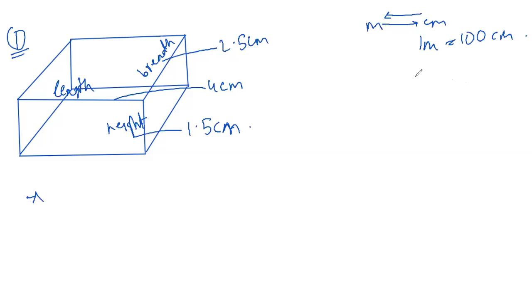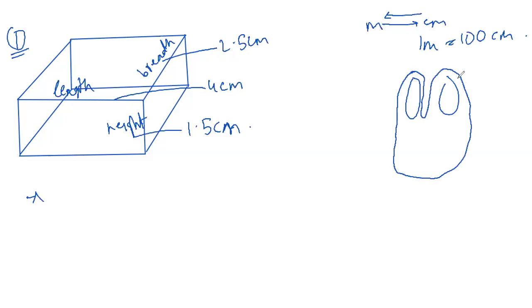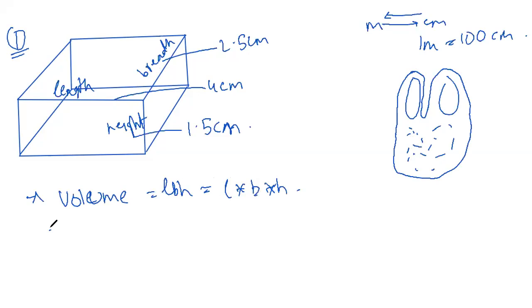Okay, so say for example there's this packet, and in this grocery packet you enter around 12 such boxes, 12 matchboxes. It is asking what will be the volume of a packet containing 12 such boxes. So first we'll find the volume of the matchbox. Volume of a cuboid is equal to LBH, which means L into B into H. Then we'll substitute our values. Length is 4 into breadth is 2.5 into height is 1.5, which is equal to 15 centimeter cube.